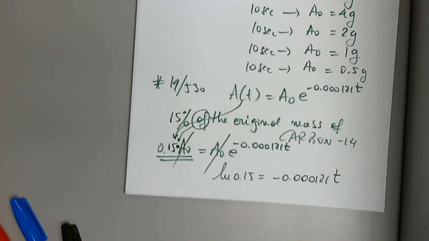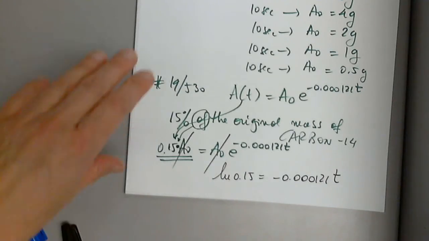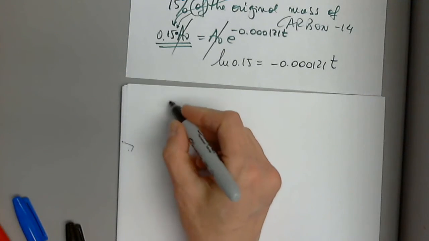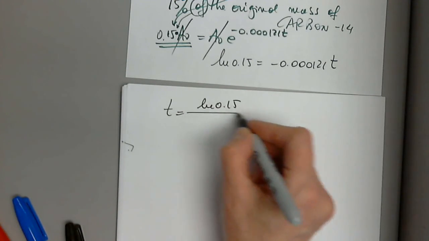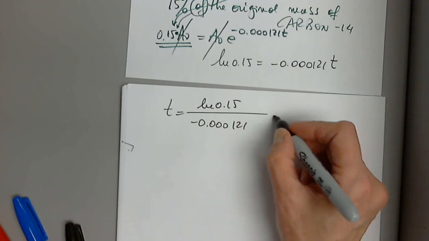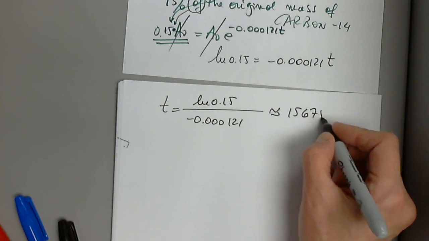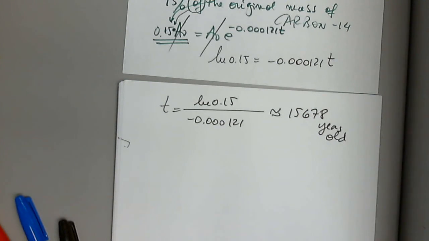Good. Any questions? So how much is it? How old are they? So you divided natural log 0.15 over negative 0.000121, and you got 15,678. According to this, they are